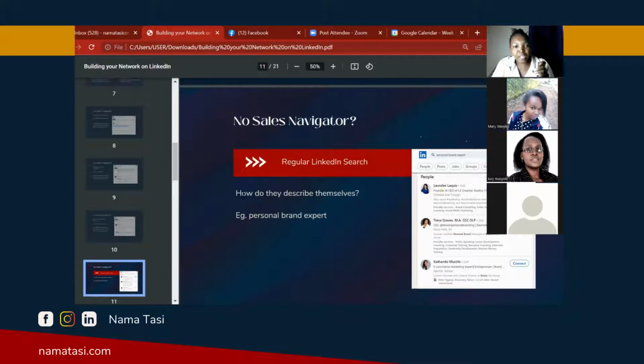Now, this is a regular LinkedIn search. This is another way you can do it. Remember, we've talked about posts and hashtags. Hashtags, of course, are words put together, like outsourcing for moms is just one word with a hashtag in front. Now, if you search for outsourcing for moms